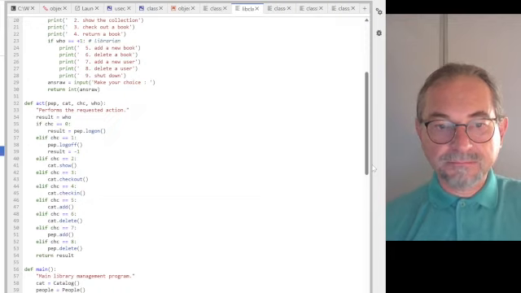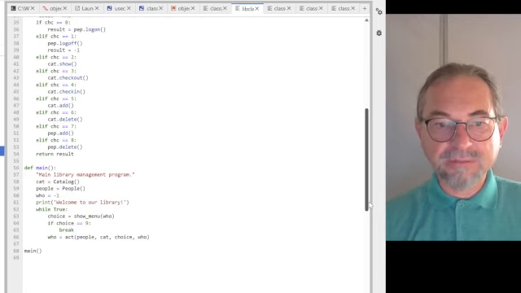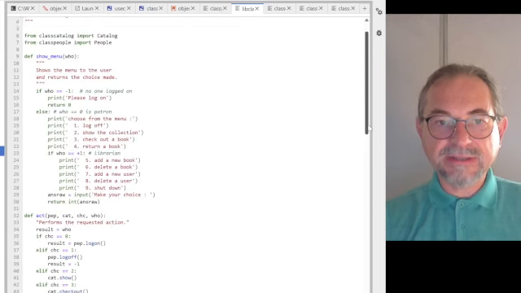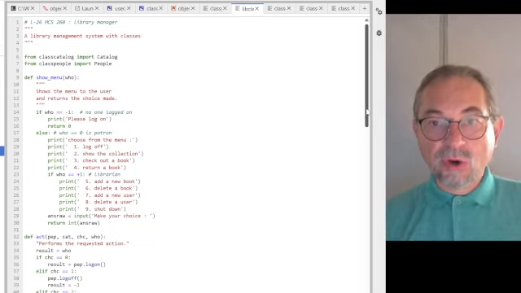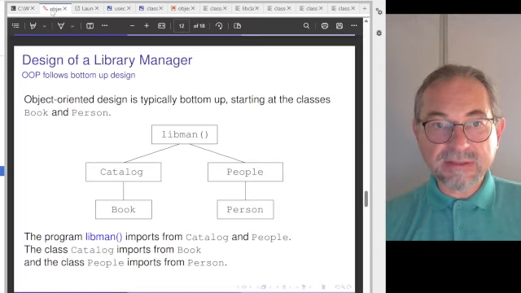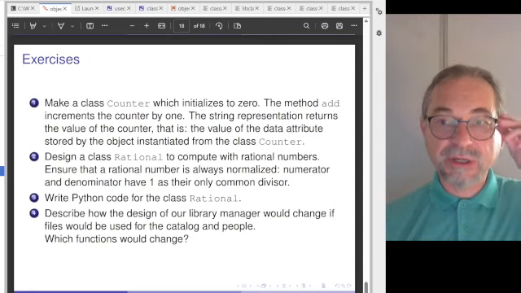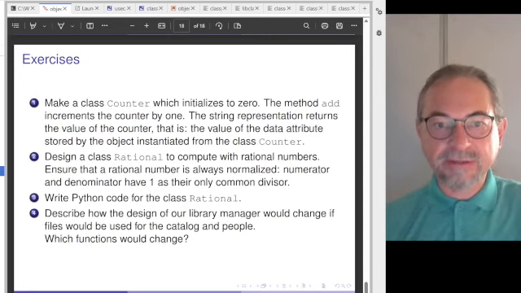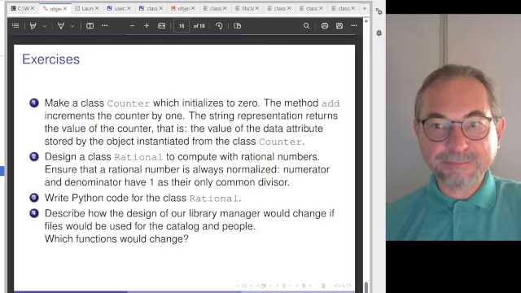Okay, I think that this might have gone a little bit too fast still, but I hope that I have given the essence of an idea of what the uses of object-oriented programming are. Going back to the slides, please try to do the counter. So as a very first exercise, I will recommend that this is also being done in the lab sessions. And this is a very good example to get started with